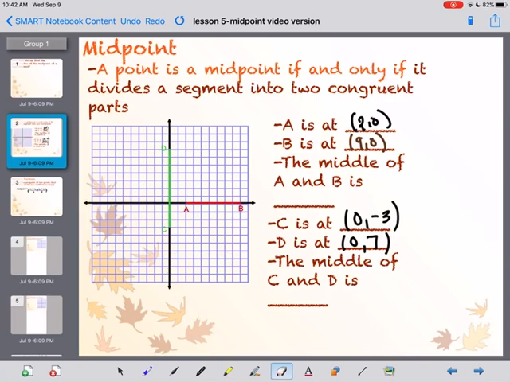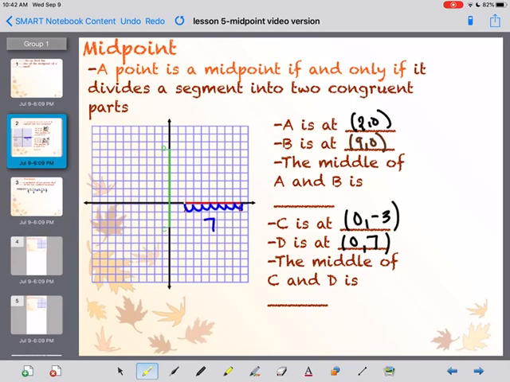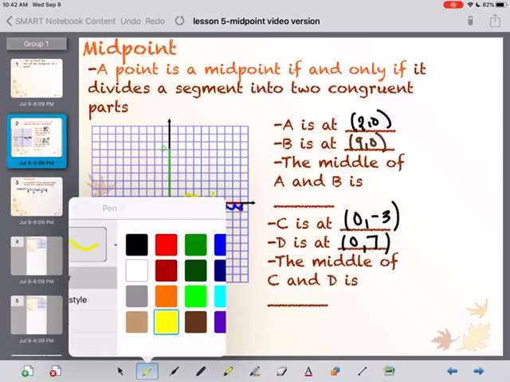So let's take a look at a perfectly horizontal and a perfectly vertical line and see if we can find the middle or the midpoint. Well, if the line is vertical or horizontal, in order to find the distance of the line, we can just count boxes. So let's start with AB. 1, 2, 3, 4, 5, 6, 7 boxes long. The distance is 7. To find the middle, I would just cut that in half, which would be 3.5. So from A, 1, 2, 3, and a half. That is the middle of my line, which is located at